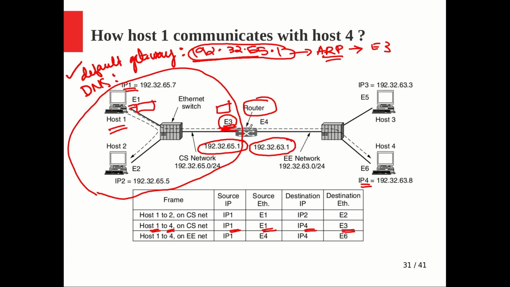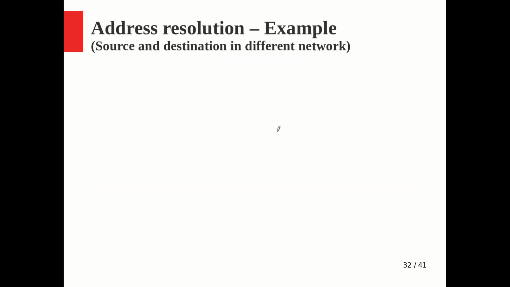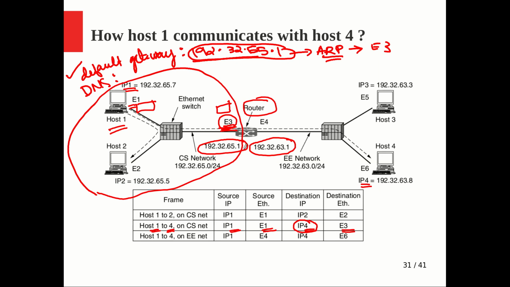Now as soon as this router gets this packet on this interface, the router will understand by looking at IP4 that this is for a different network, where I am connected to, right? Here the destination is directly connected to the other part of the router, but imagine a situation where this destination is somewhat far away. So the router will run the routing algorithm with this IP4, and it will identify a particular outgoing link to which it is to be communicated.